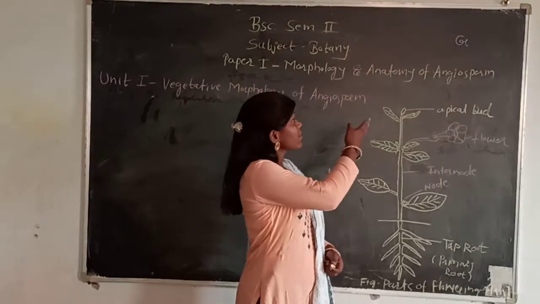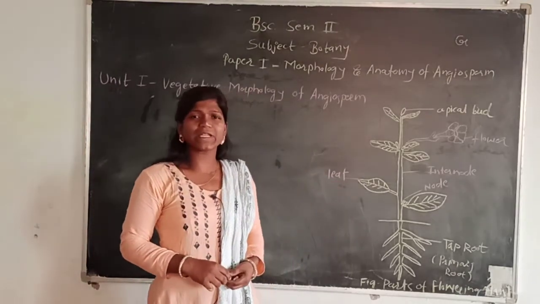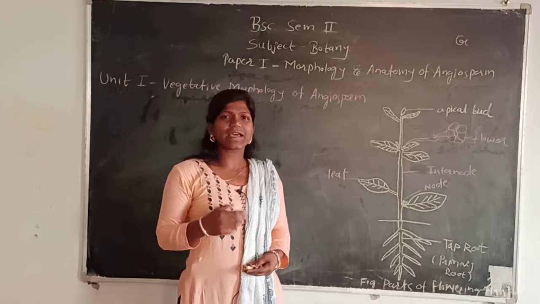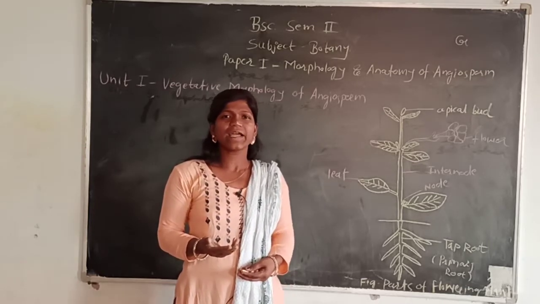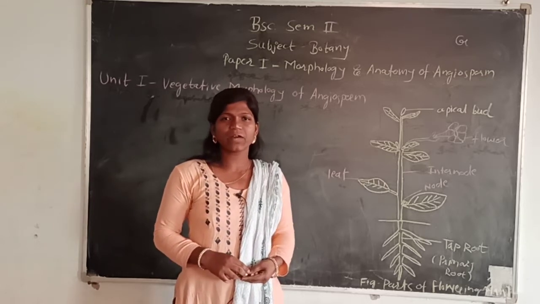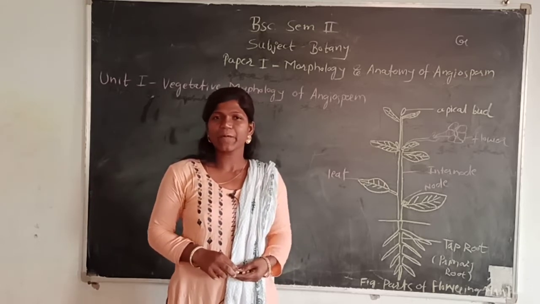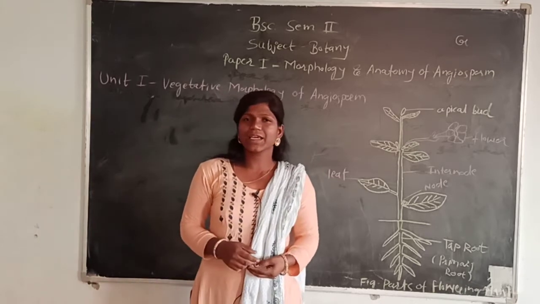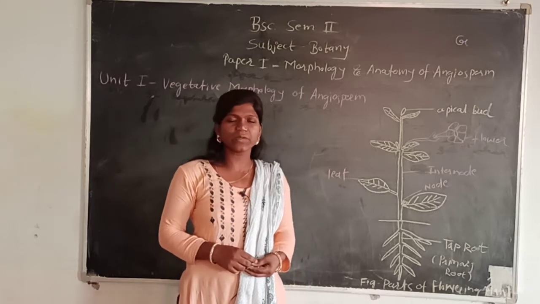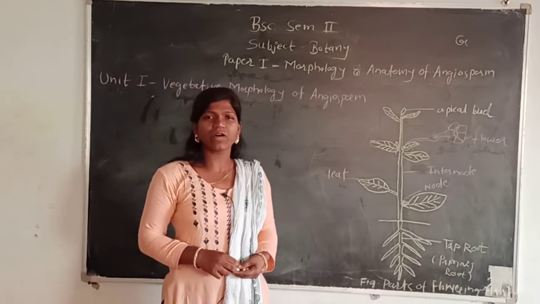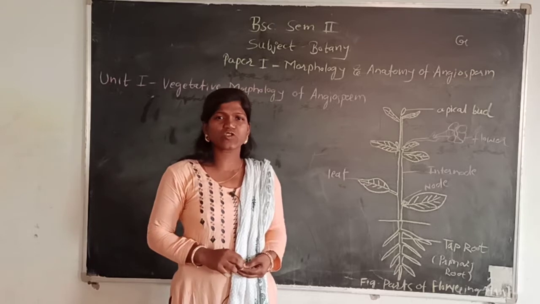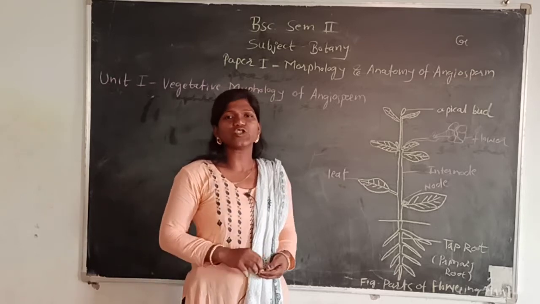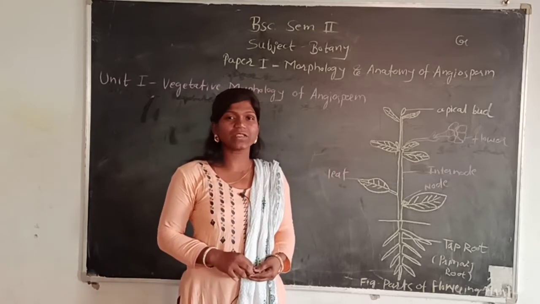So you know very well about angiosperms. Angiosperms are the modern and most complex plants, and the characteristic feature of angiosperms is that they are commonly called flowering plants. Why are they commonly called flowering plants? Because they produce flowers, while other divisions like algae, bryophyta, pteridophyta and gymnosperms do not bear flowers. Only angiosperms produce flowers. Therefore angiosperms are called the flowering plants.